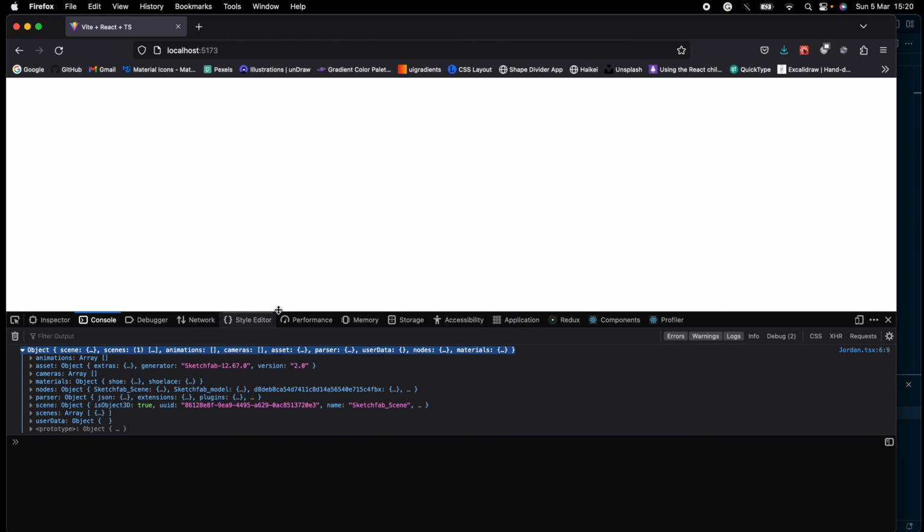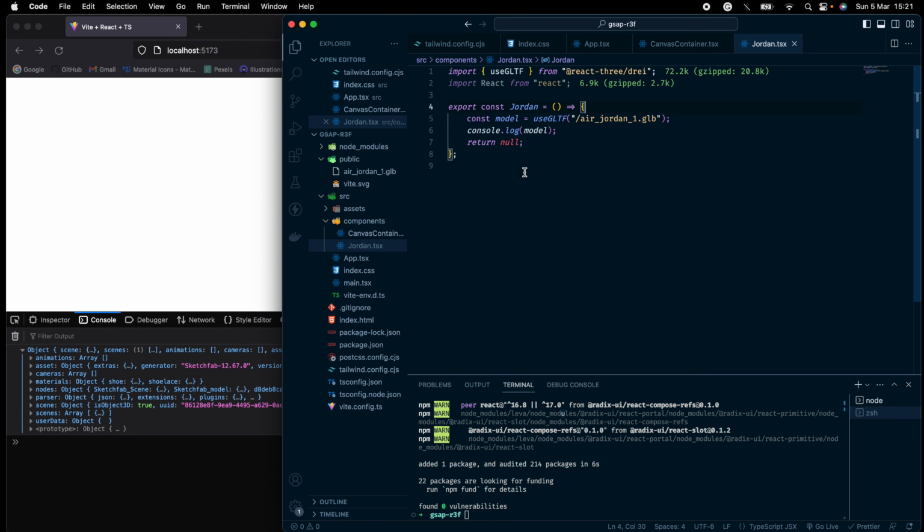Refresh it. Okay, this time I get my model here. And if you can hear a slight fan noise, that's probably my laptop. Whenever you use React Three Fiber, it tends to throttle a lot more because it's a very intensive program. Anyway, next what we'll do is we'll actually destructure